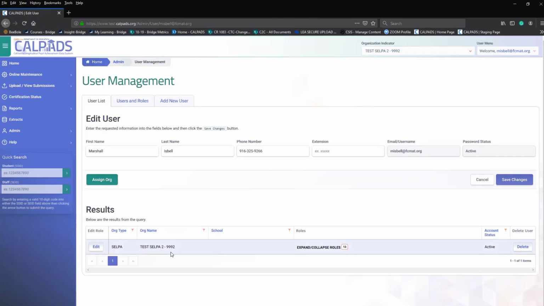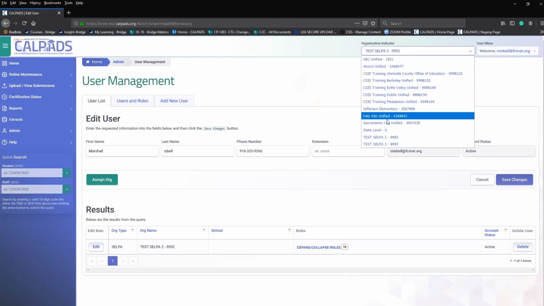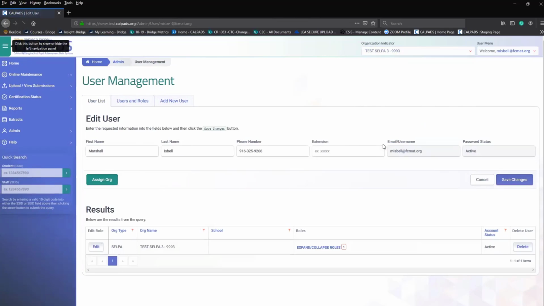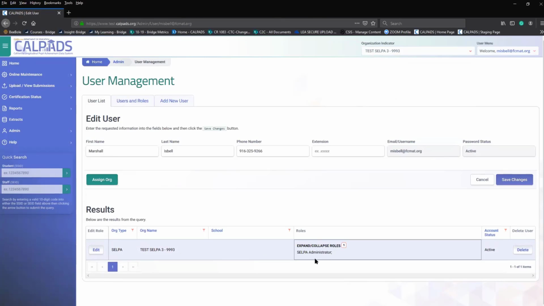I didn't have to log in or log out. Same thing if I go to this one, and I switched again. It says I'm in CEPA 3. This is one role. It says I have one role. That's what you're going to see. It's going to say LEA administrator, and if you're a CEPA administrator, it's going to say CEPA administrator. And with this one, you're not going to have a lot of access. You're going to have access mainly to the admin